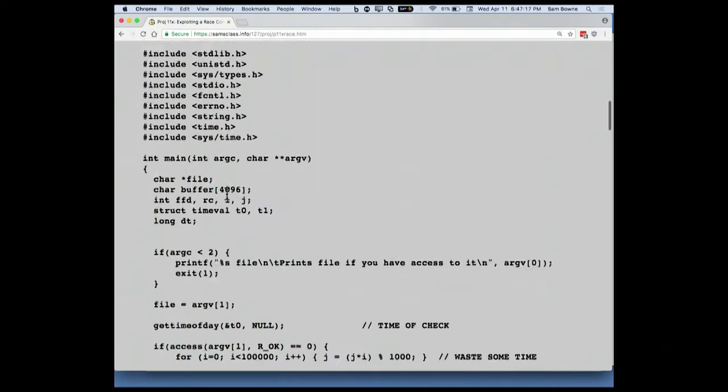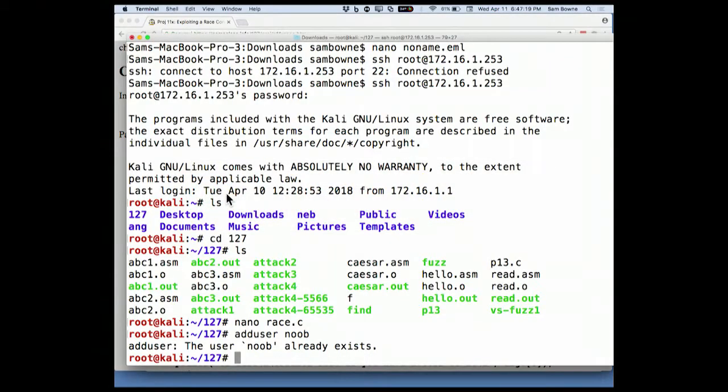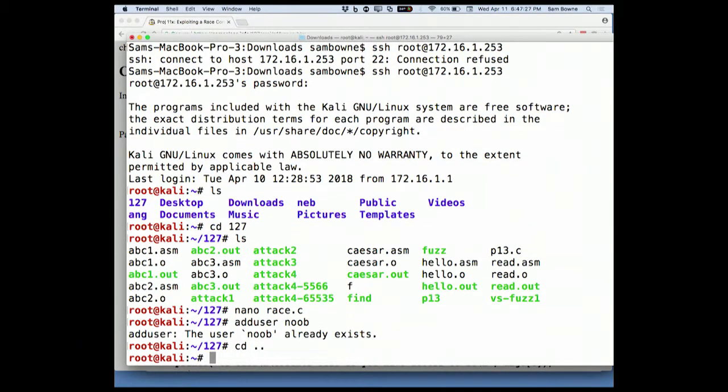So let me show you this program, race.c, which I think I need to be in the noob account to see. See, race.c. Let's see, just a moment, I'm losing my mind. Find . -name "race*"